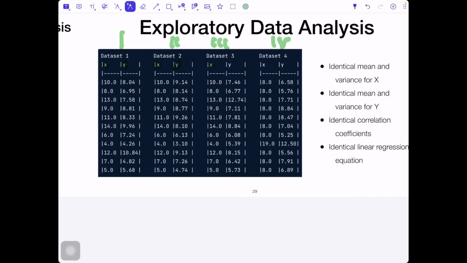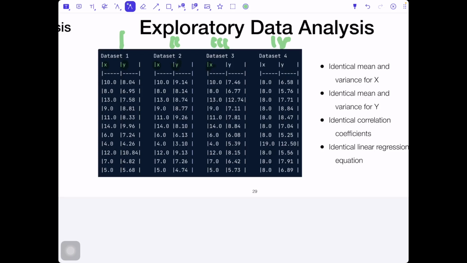Now our first step: we apply some descriptive statistics in order to analyze this data. We can take the mean value and the variance for every X feature of our 4 data sets. If we calculate it, we will get that our mean of X is the same.